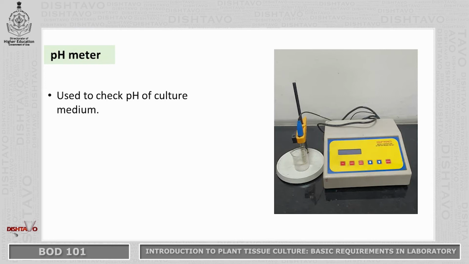This electrode is dipped in the neutral media to check the hydrogen ions present in the medium. Before putting the electrode in your medium, one should take care that this electrode is thoroughly washed with distilled water. To make the pH acidic, we need to add 1 normal hydrochloric acid, and to make it basic, we need to add 1 normal NaOH.